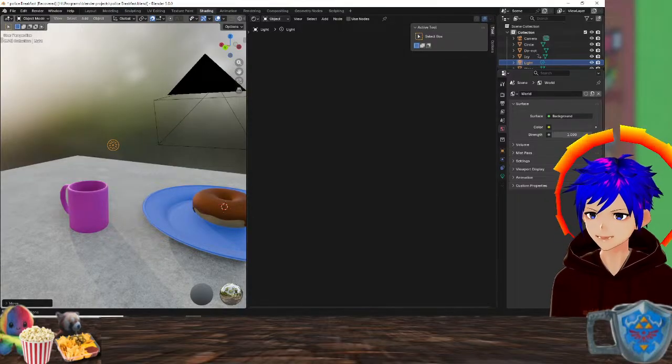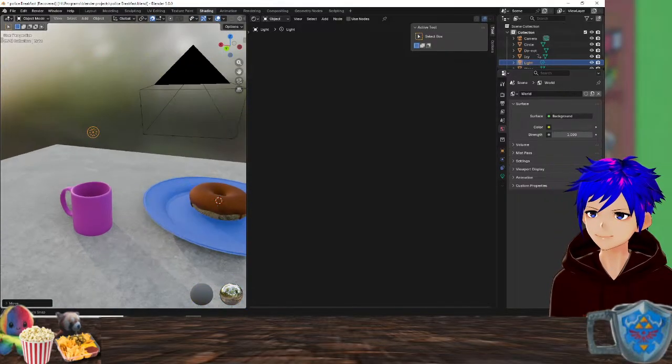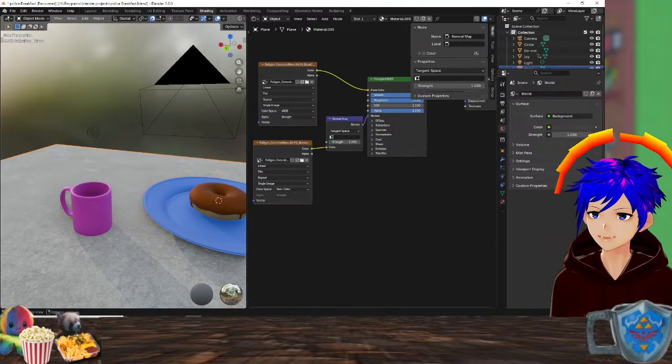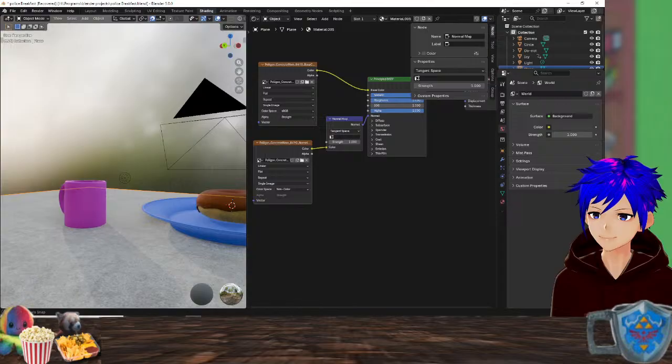So options, he said something before about lighting options. That was here, wasn't it?